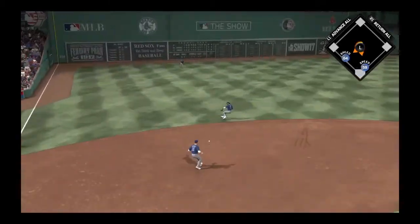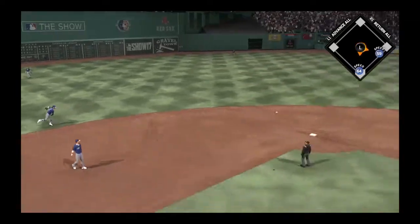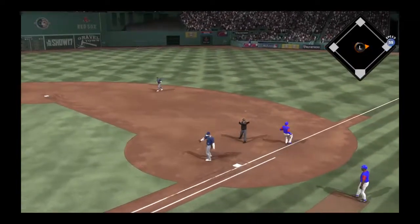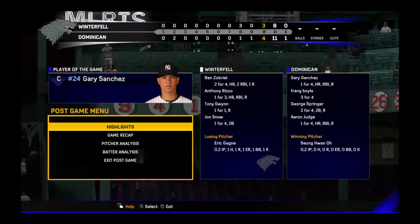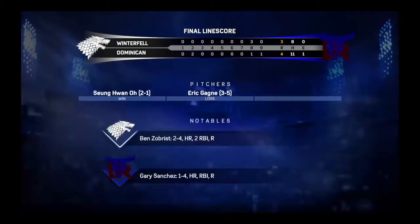Ground ball left side. Slow roller on the grass. And the throw forces the first baseman to leave his feet. And by the time he came down, it's too late. And the winning run is across the